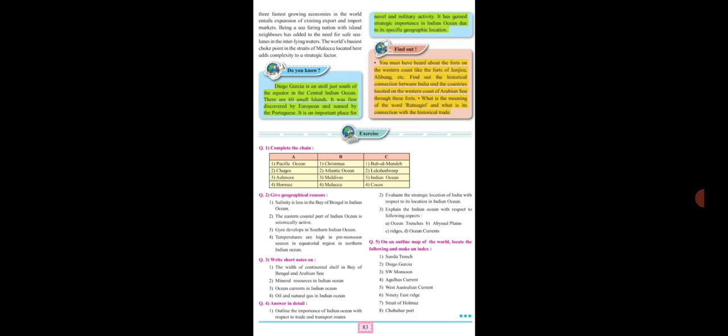So when we talk about the importance of the Indian Ocean for India, with the increasing trade comes different kinds of threats: piracy, robbery, and maritime terrorism. Then there is increasing trade with the eastern neighbors. Students, I told you, you can write these points as the importance of the Indian Ocean for India, wherein India has higher stakes in the future. It has very good trade relations with the eastern neighbors.